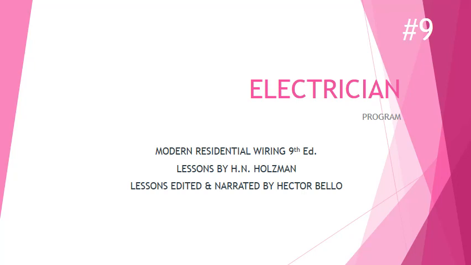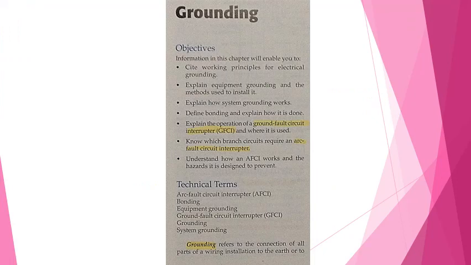This is Chapter 9 from the Electrician program. This is grounding. Some of the objectives for this chapter are to cite working principles for electrical grounding, explain equipment